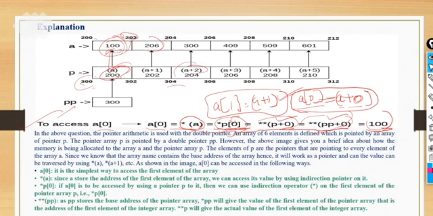You can trace it. So what we have first is a0, the array access, the simplest way to access the first element of the array. Star a means, since a stores the address, it shows the address of the first element of the array, and we can access its value by using the indirection operator on it, right? Same thing with this one. If a0 is to be accessed using pointer p, then the indirection operator you can use on the first element of the pointer array, right? Same thing here. So you can see the explanation part for the same. It will become easy to understand.